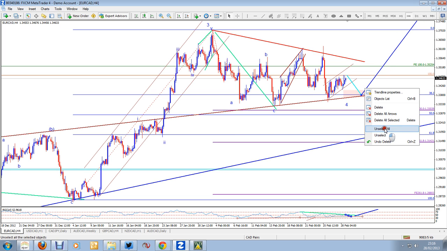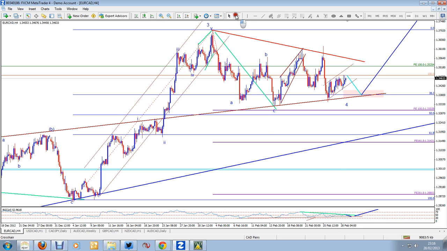So I think eventually that is getting into a place where we could get a trigger long anywhere around 133.75 to 133.50 area is where I'm looking for a possible long entry. Okay,